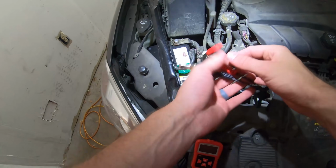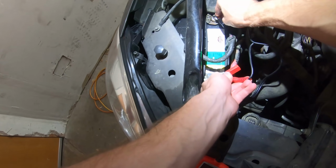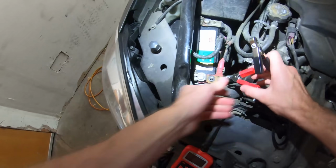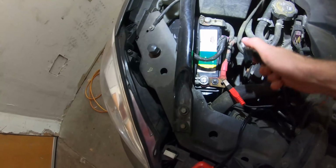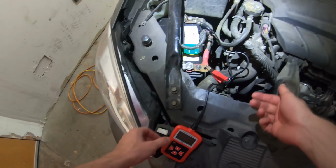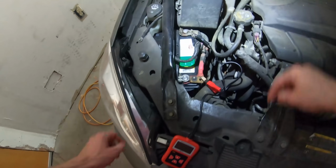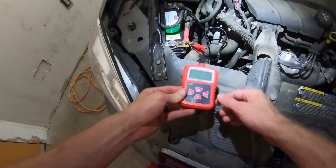Okay, what I always do first is stick it straight to the terminals, to the posts on there, and see if it comes on. It's completely dead. But if you grab just something right here, who knows if it has a bad connection, which is very common. So you may not get a battery reading, say it's dead, but there might be charging the battery. It might just need the terminals clean. So I always just check it by pushing those into the posts first. We didn't have this even come on for either, so